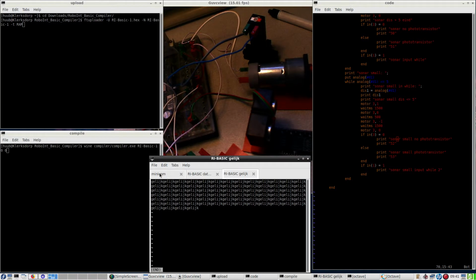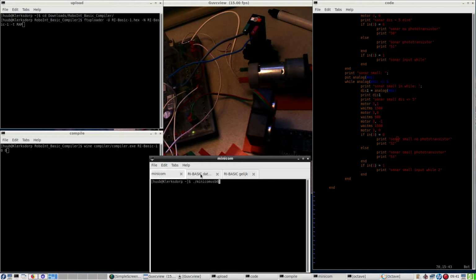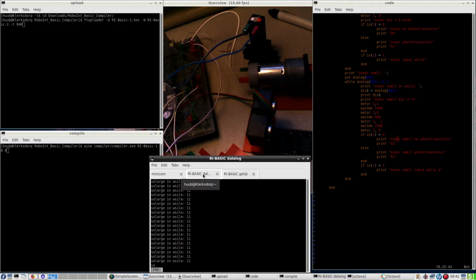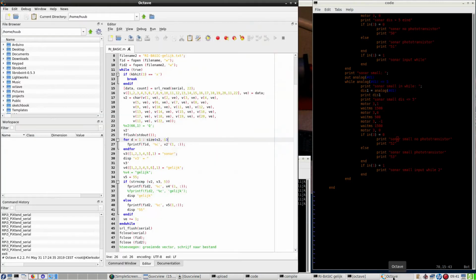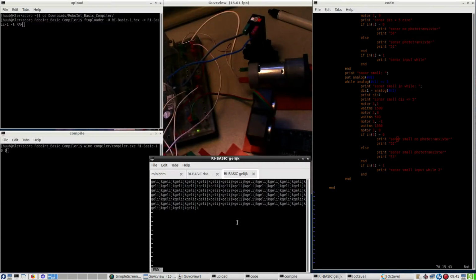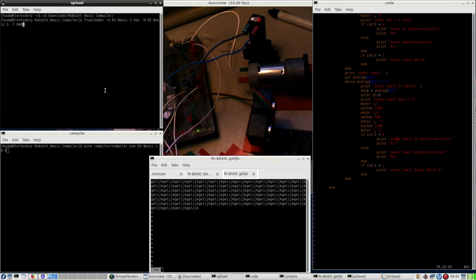Then the Minicom terminal, not yet active. The datalog file generated from Octave, and the equality datalog also generated from Octave, which is right here. And as this is not nice to read, I have to change this. But first, let's upload. No, I'm going to do it somewhat differently this time,